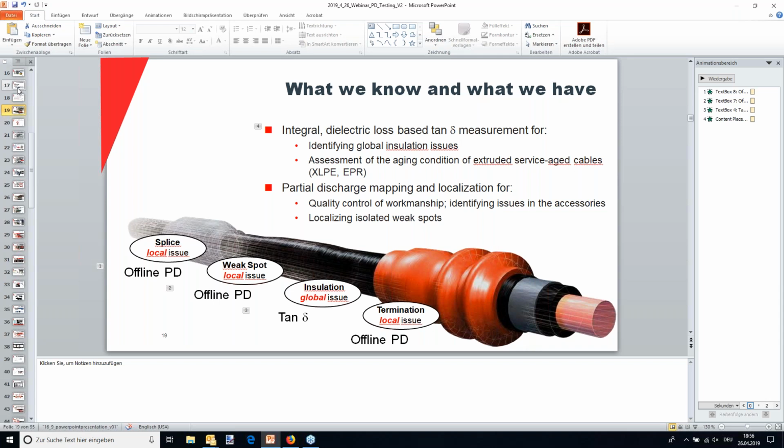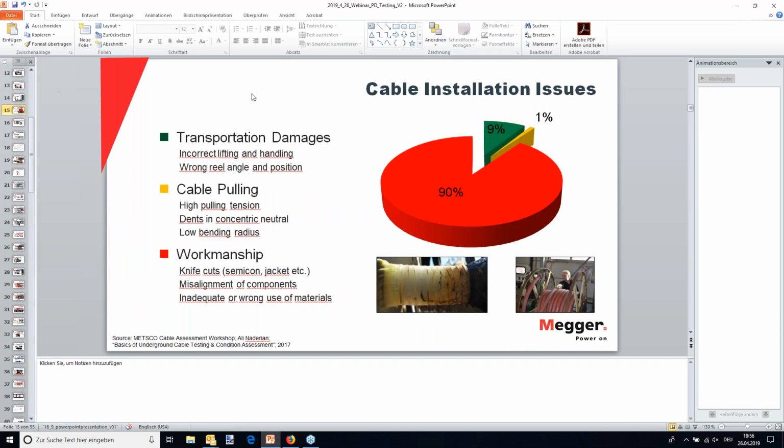So you might as well do all the workmanship and then see, because again, go back to that diagram here. This is what you're after with the PD test: localization of the workmanship, the quality of the workmanship. And again, most of this, by physics, is happening in the accessories. So it's beneficial to have the accessories on and the cable ready to go for acceptance testing to then do the PD test. I would not really say it's much use to do it just on the reel or something